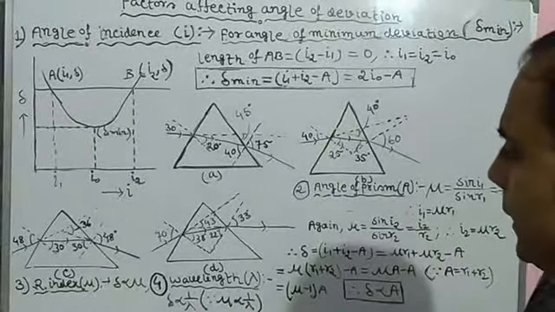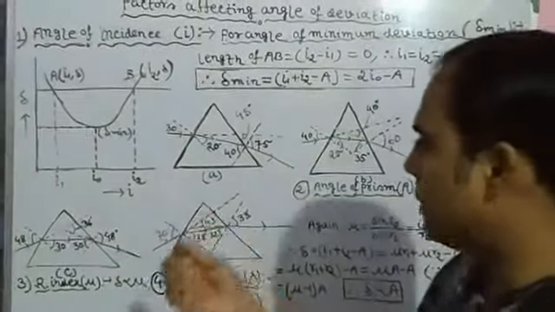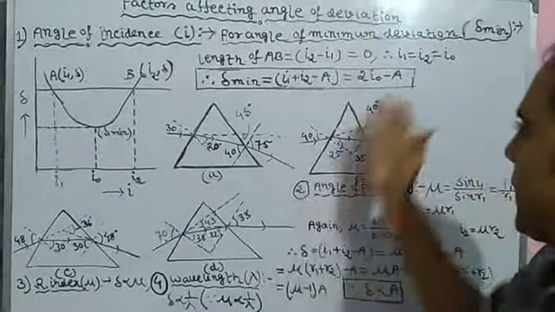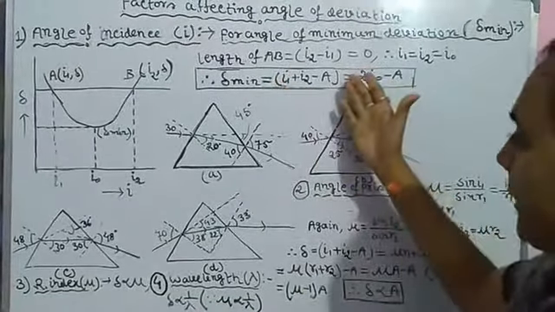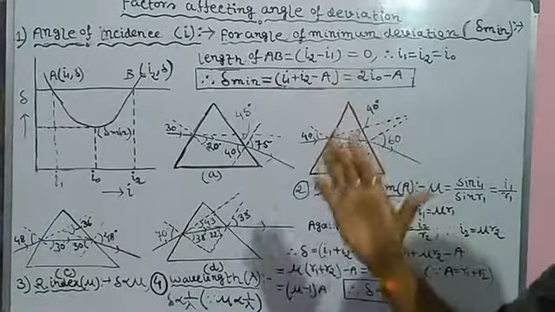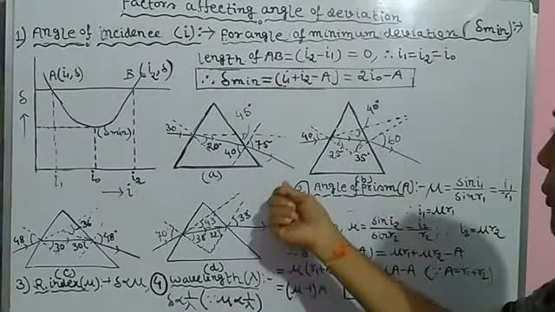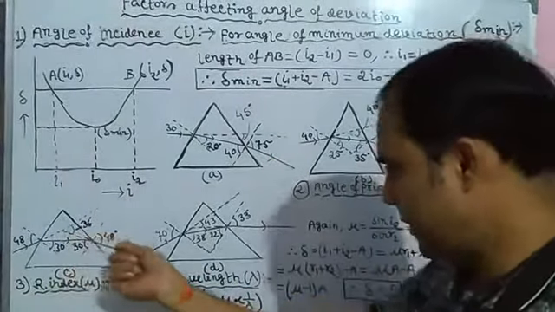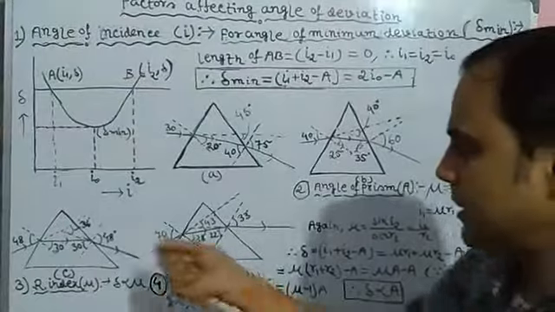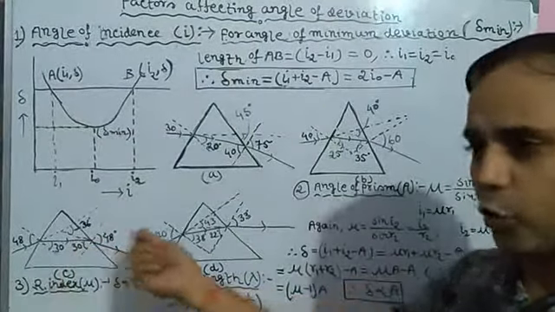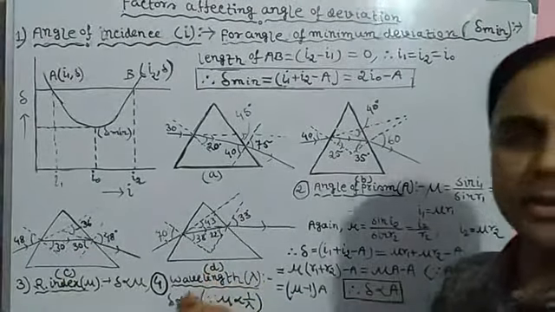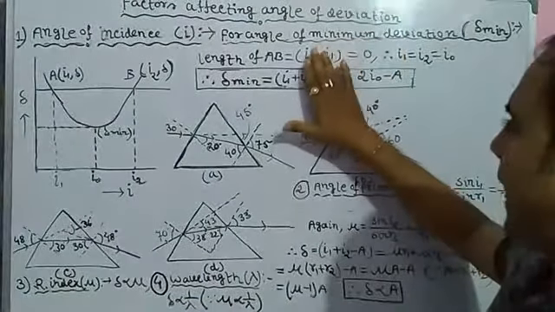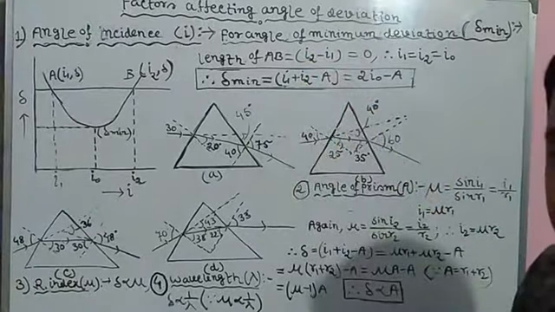Now we have already seen that the light is generally incident on the prism from a particular direction. To change the angle of incidence and angle of emergence, here the angle of emergence depends on the angle of incidence. We don't need to change the angle of emergence separately, because for a particular angle of incidence, we get a particular angle of emergence. So if we change the angle of incidence, automatically the angle of emergence will change. So here we only need to change the angle of incidence. And how could it be done?